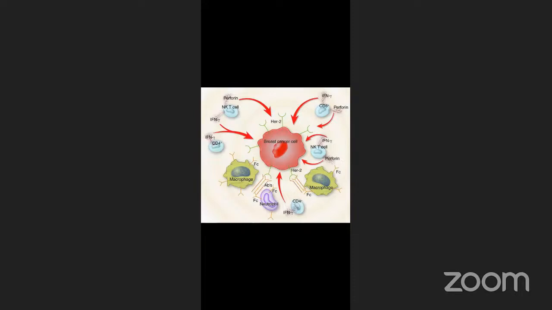The binding of these MHC and CD8, and CD28 receptor with B7, these receptors' cross binding activates the T cytotoxic cell. What exactly is happening? The binding of the MHC 1 molecule with the CD8 receptor gives one signal, and another signal, a co-stimulatory signal for the activation of the TC cell, is that B7 surface molecule on the antigen presenting cell binding to the CD28 receptor on the surface of the TC cell. These TC cell receptors and antigen presenting receptors communicate with each other, giving stimulatory and co-stimulatory signals to